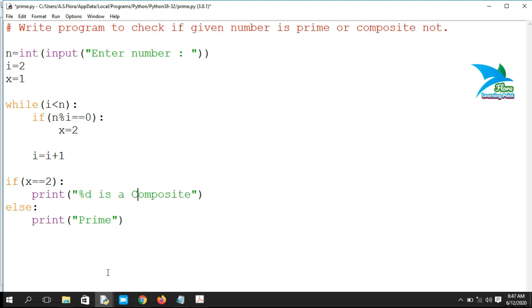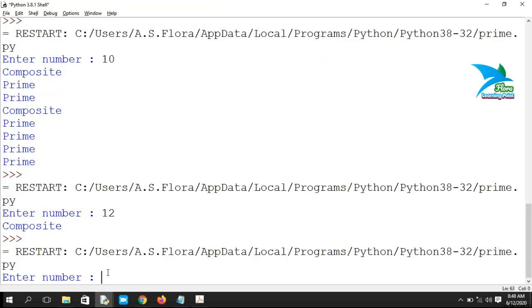That means %d is a composite number and %d is a prime number, which is already available, and after that we have to bring the value of n, %n, save it and run.